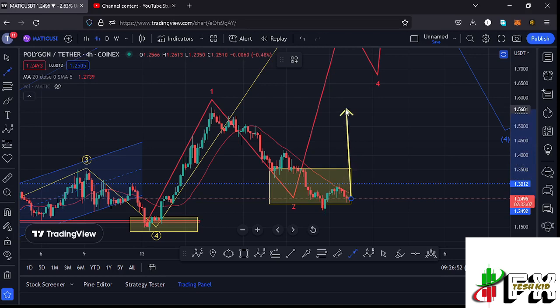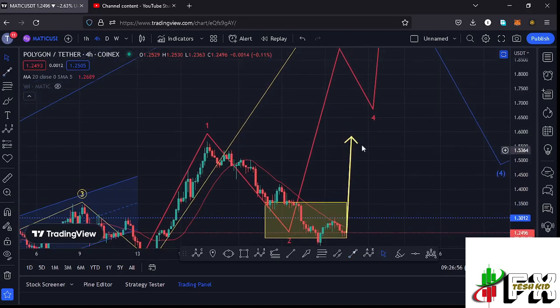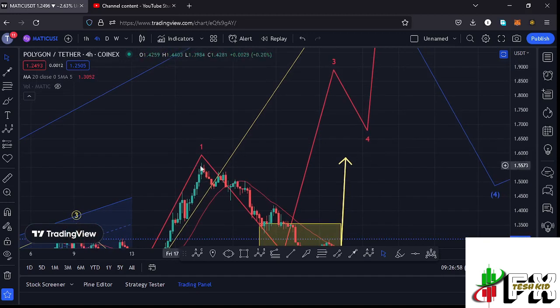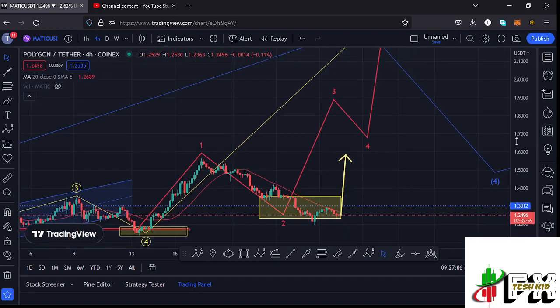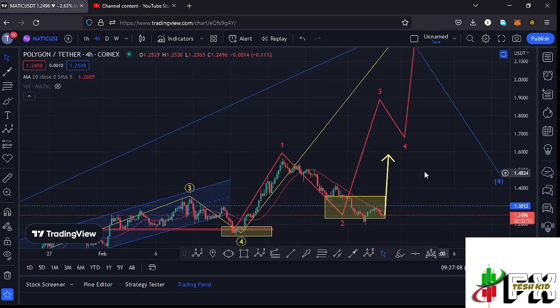And in case such a move plays out, then there are chances that Polygon Matic might continue gearing up in the formation of this wave 3, and also see a break above the wave 1 high at around the $1.57 mark. And assuming that the low for this wave 2 is in, we can sketch out minimum target areas